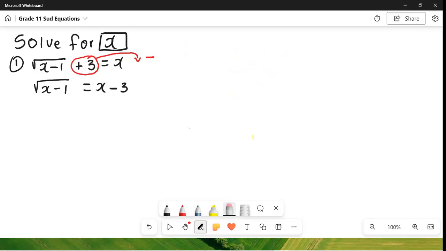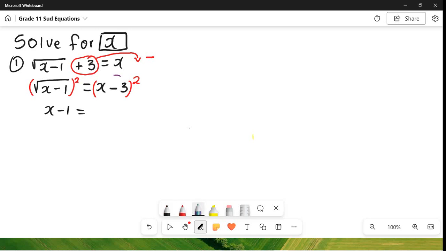So what we're going to do now is raise this to the exponent 2. But remember, in mathematics, what you do on the left hand side, you also need to do on the right hand side. So we are going to raise the right hand side to the exponent 2. As we have done in that example of the square root, when we square whatever is under the square root, we remain with what is under the square root, and in this case it's x minus 1. So when we square